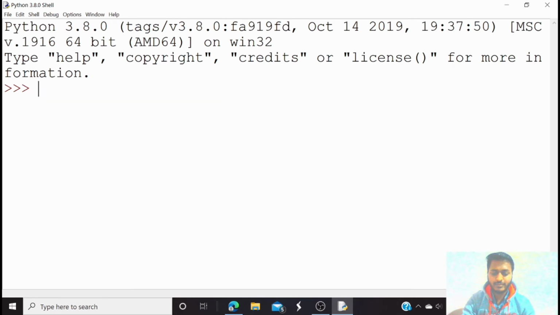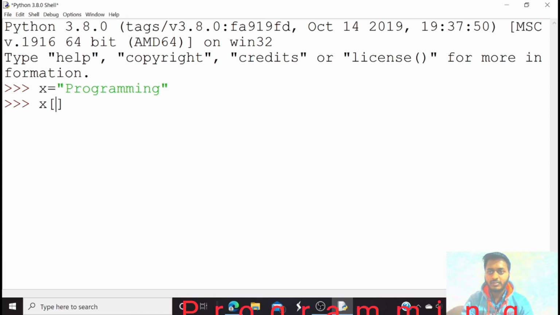So let's do some fun. If I have a variable named x and I am assigning the value programming. If I want any part of the string, what should I do? I have to just use the name of the variable, which is x, and use the square brackets. Here you have to specify the index of the string that you want.